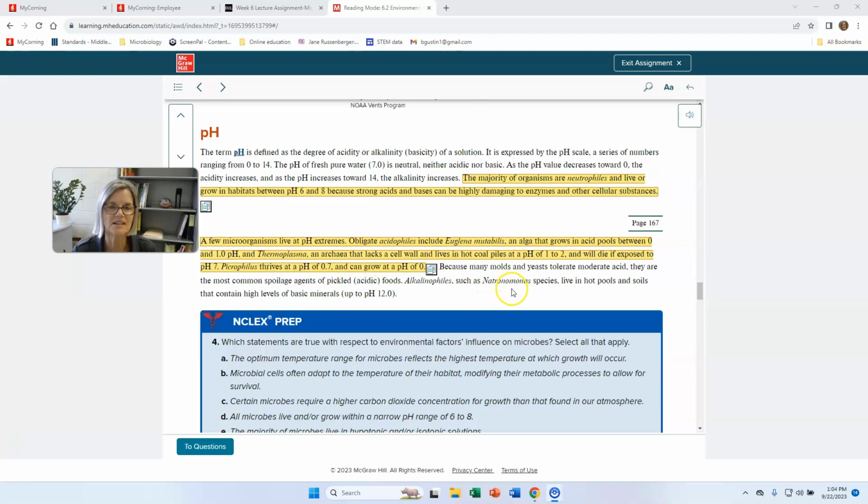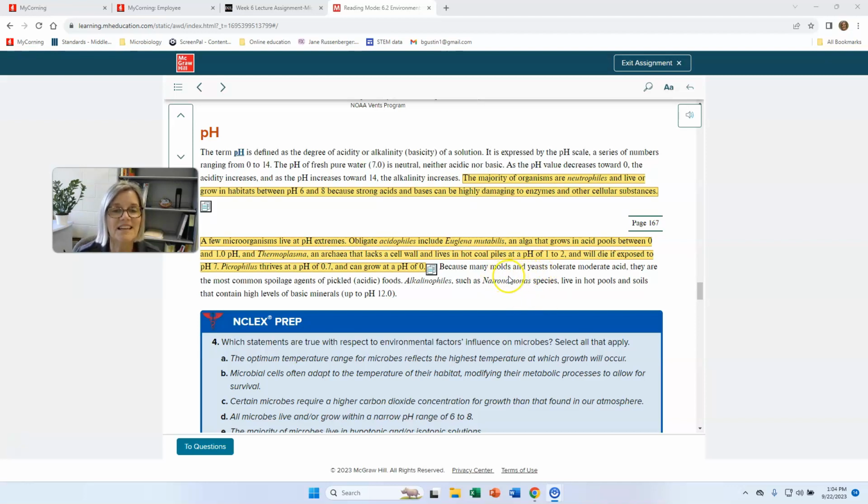We also have acidophiles that are common in our day-to-day environment. You know, some of the microbes we use to make things like pickles and other fermented foods like sauerkraut are acidophiles. And even we have some somewhat acidophilic organisms that live in the human vagina because they produce some acids and discourage the growth of other microorganisms.